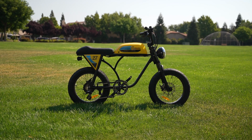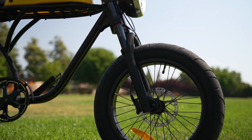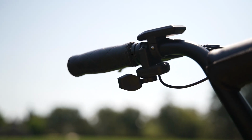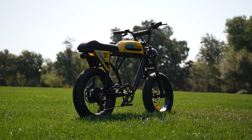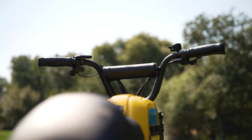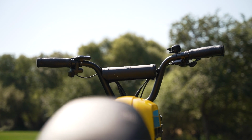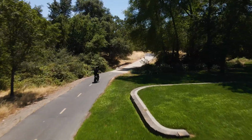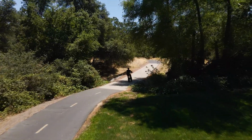Out of the box, the Outsider has a top speed of 20 miles per hour, which you can reach using the thumb throttle or the cadence sensing pedal assist. That puts the Outsider into the Class 2 e-bike category, so it's going to be legal to ride in just about every area. Now, although the top speed is only 20 miles per hour, it feels like you're going quite a bit faster